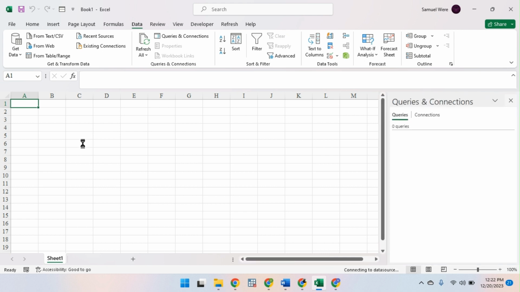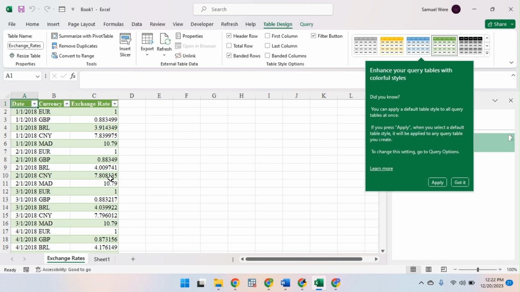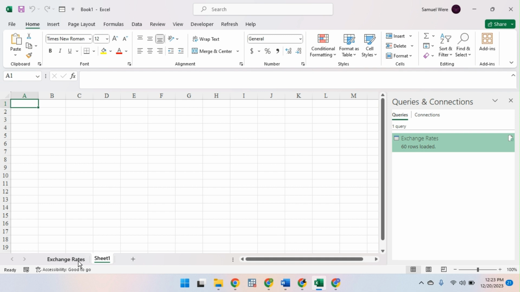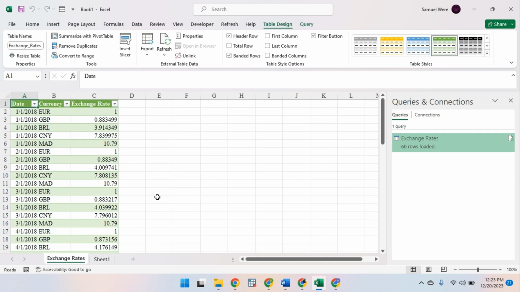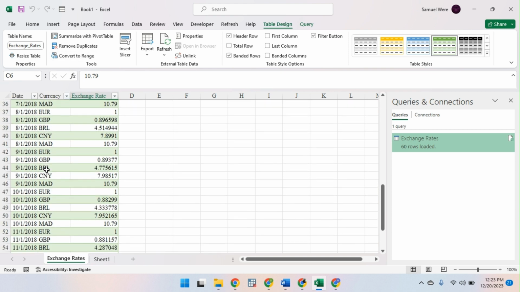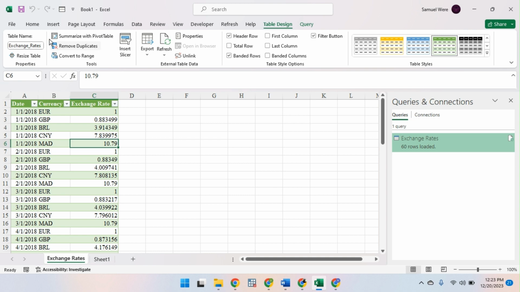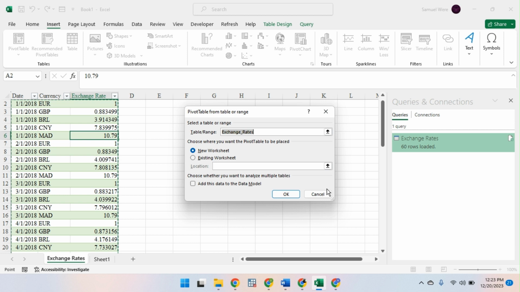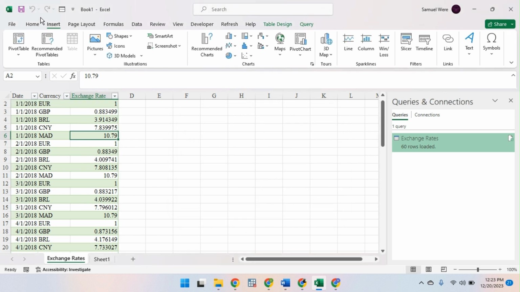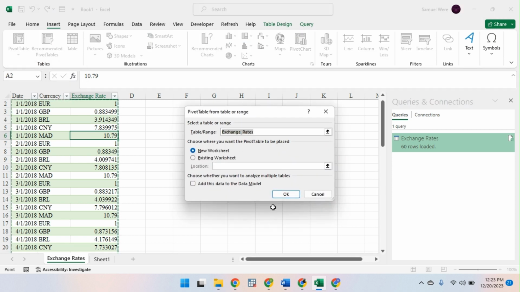Once you do so, look at it. Basically, we have it. Another thing you need to be sure of is that doing this does not affect your original Excel file. Actually, it maintains your original Excel. So this is a data model. Assuming you want to see the exchange rate for this one different in 2018, then it's very simple. Just come to Insert. Then now, instead of going to, sorry, let me cancel. Instead of going to, yeah, just come to format table, then